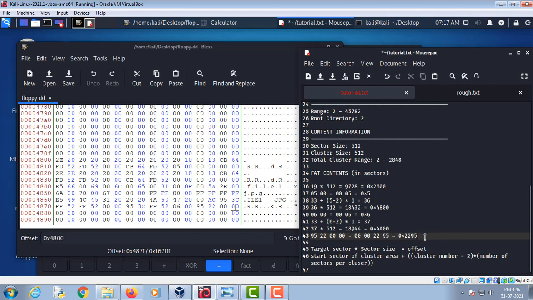Now for finding its range, this is the starting offset of file1.jpg, and this is its size, and to calculate the range we'll have to add these both numbers.